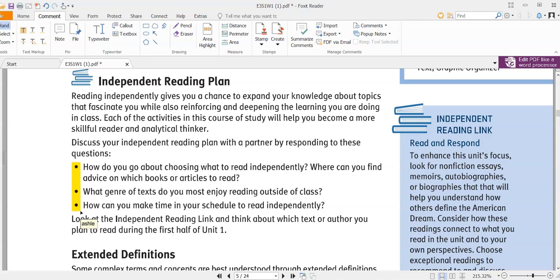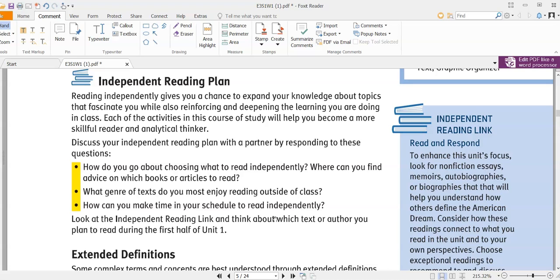Now, you may be like, I don't have any time to read independently, I'm not going to read, blah, blah, blah. Reading is kind of like exercising for your brain. So even though you may not like to exercise necessarily, it's good for your body and it helps your body survive in the long run. Well, it's the same thing for your brain when you read. When you read, it causes you to think, and making sure that you're learning new stuff and thinking about different things actually causes your brain to grow, and it also makes it harder for it to start to get bad when you get older.